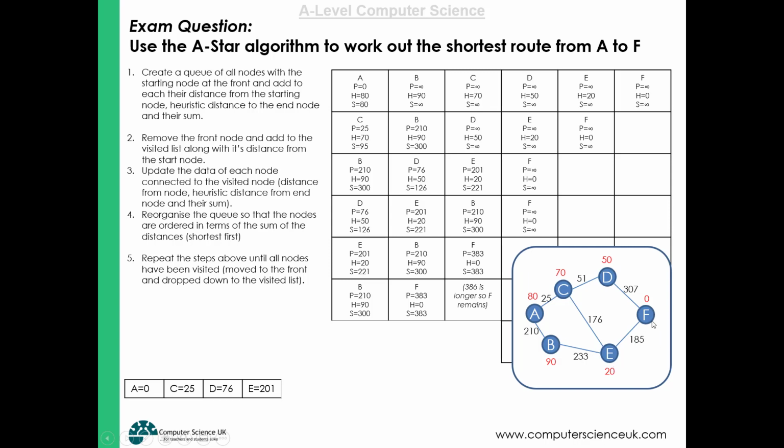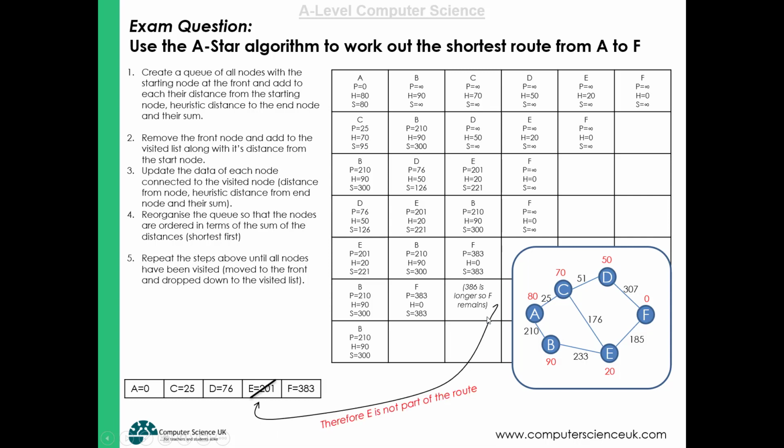Now if you added 185, you would get 386, which is longer than the value that we've already worked out. So we're able to ignore that pathway, so therefore E is not part of the route. Therefore we don't need to investigate the pathway via B,